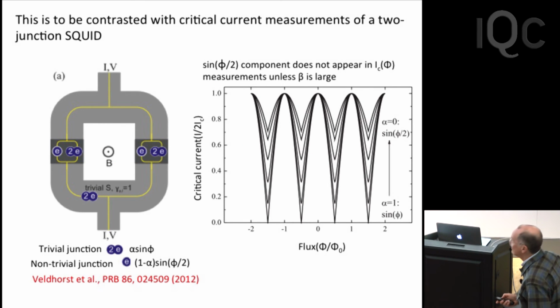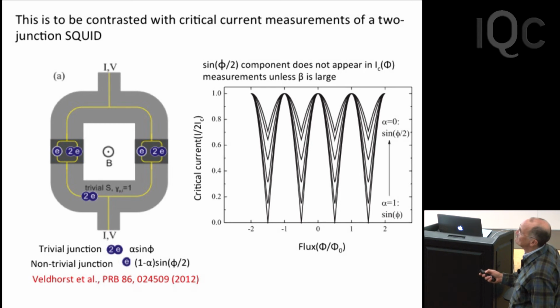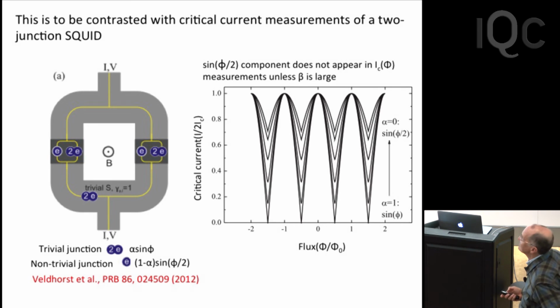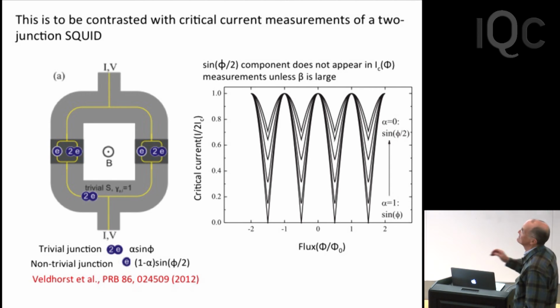For a two-junction ring, this group at the University of Twente showed that what you expect to see is something that looks very much like a conventional interference pattern for a ring, even if you have these strange Majorana states in the junctions in the ring. The only difference is that you get some slight changes in the amplitude of the modulation of the critical currents. So that's why one-junction rings and SQUID microscopes are better.